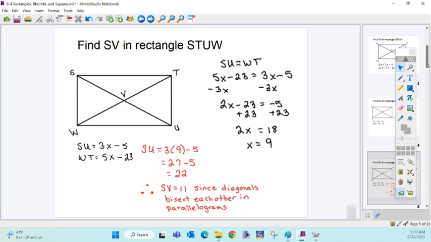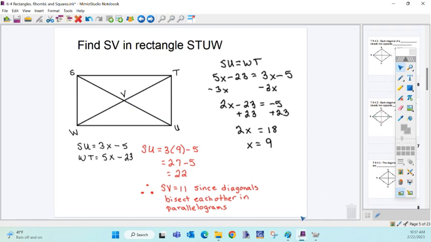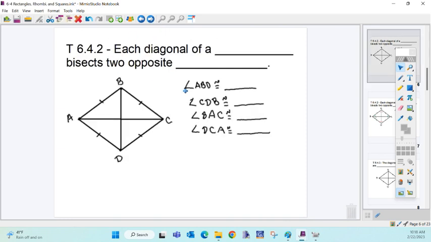Nice effort. Okay, while you write it down, bring this up, and I'm going to just pause this. All right, so rectangles. Rhombi have some other things. Okay, when you have a rhombus, there's a special trait in that each diagonal of a